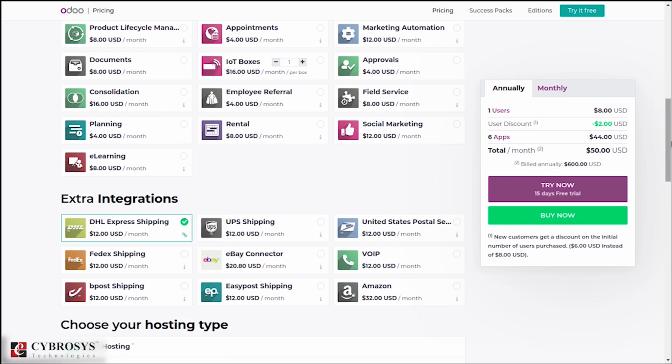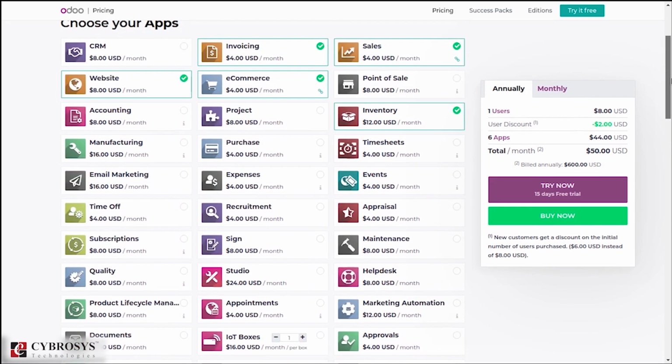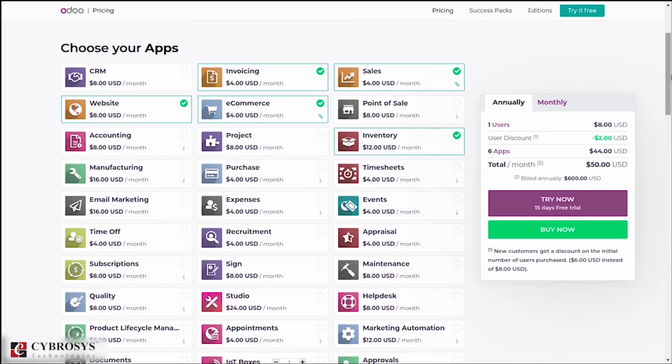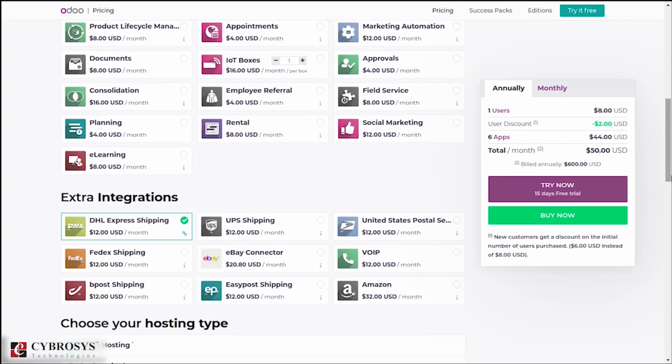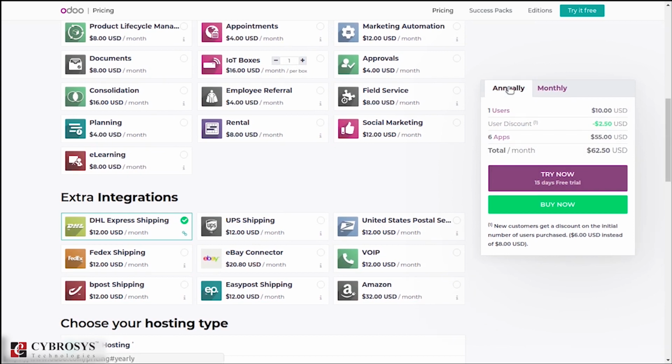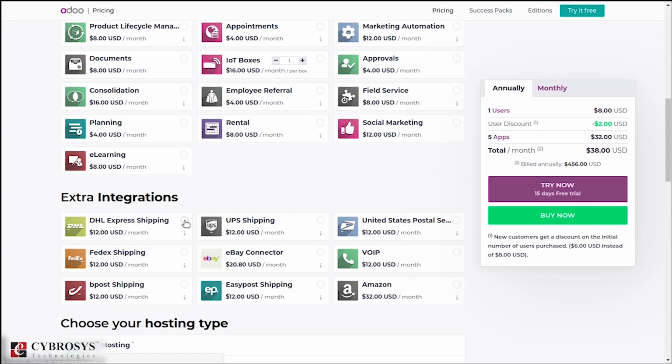Automatically the dependent module will also be selected on top of that. Here you can see inventory as well as sales being selected. So correspondingly, for integrating with other apps, the extra cost would be added. Here you can see the monthly and annual computations done.